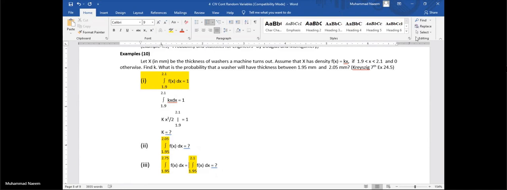Okay, that's all for today's lecture. Our chapter is completed. I think I have sent it in the group. And next we will discuss regression and correlation, our last chapter. I will try to finish it in a single lecture. I'm trying to discuss all the topics, and this will be our last topic according to our syllabus. I have completed the whole syllabus.